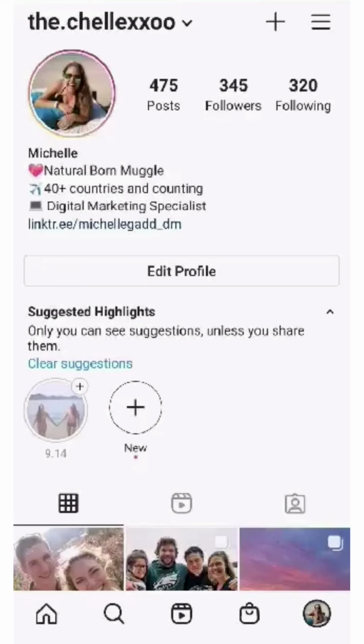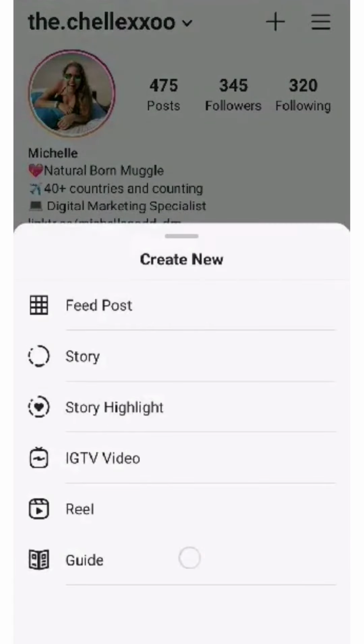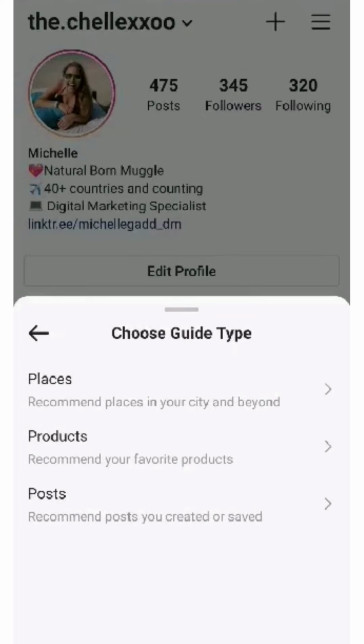If you do not have a guide yet, here is how you can make one. So you'll notice here it doesn't show up where it should, right in this spot. You can either tap on this plus button and tap guide and make it from here, or if you don't